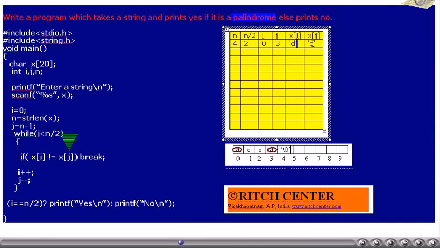Now x of I and x of j are compared. X of I value is symbol D, x of j also symbol D. They are same. Thus the loop goes to the next iteration.